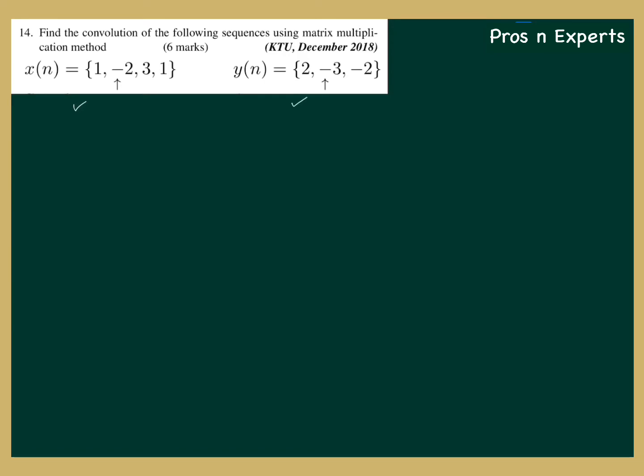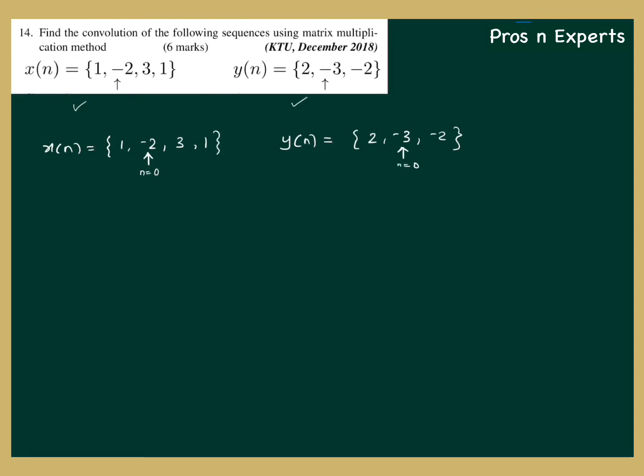So, by matrix multiplication method, that might be indicating the tabular method. We can find out the convolution very easily using the tabular method. First, we have x of n is equal to 1, minus 2, 3, 1, and the arrow at minus 2 indicates n equal to 0, sample is minus 2. And y of n is given as 2, minus 3, minus 2, where n equal to 0 is the sample